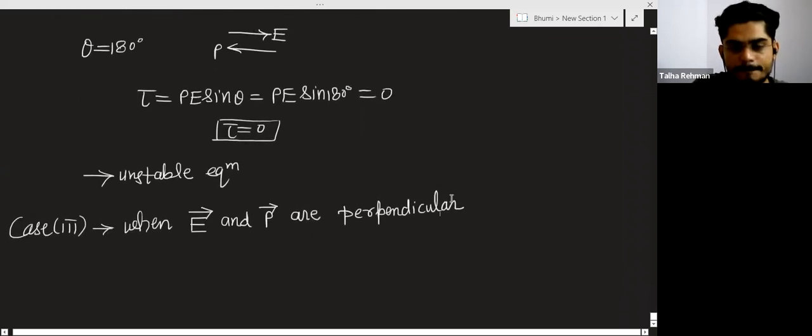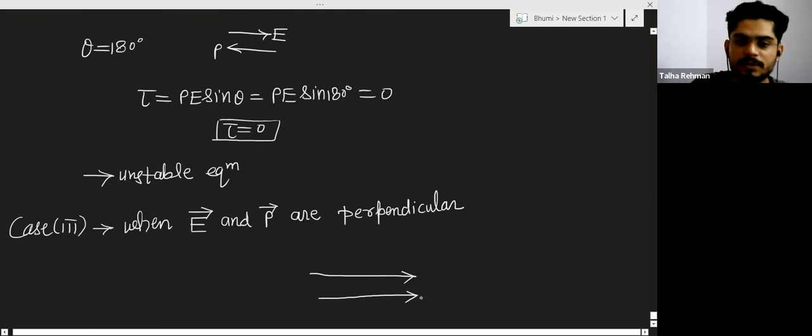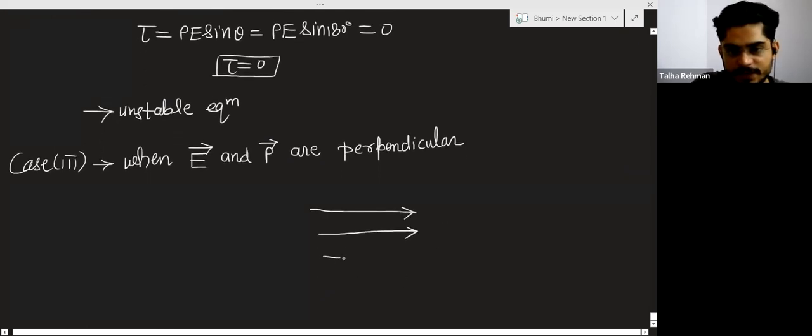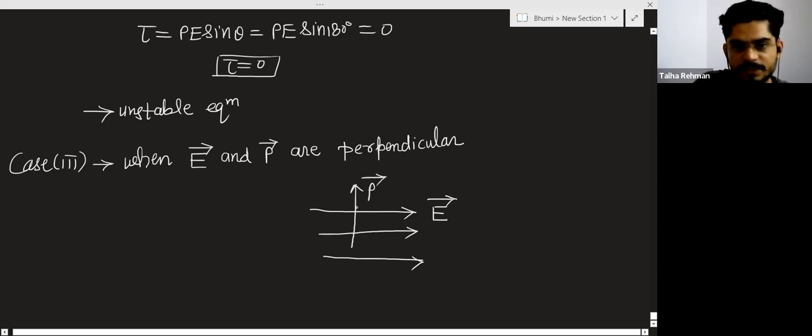This is very simple. Means if the electric field is in this direction, and the dipole moment P is in this direction, the angle between them is